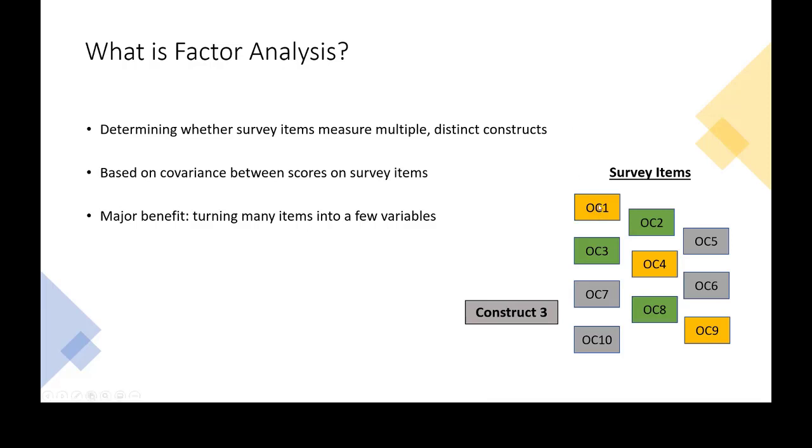So I might average people's responses to items 1, 4, and 9 and make a new variable reflecting the first construct. I'll average items 2, 3, and 8 and make a new variable for the second construct. And then the same thing for construct 3. So now instead of 10 survey items, you have 3 variables to analyze that are just the averages of their respective items. It makes your data and your analyses a lot more manageable, because you're looking at more aggregate level variables that encompass multiple items,